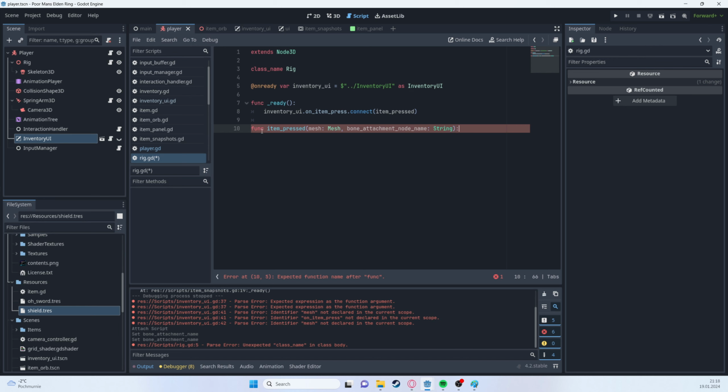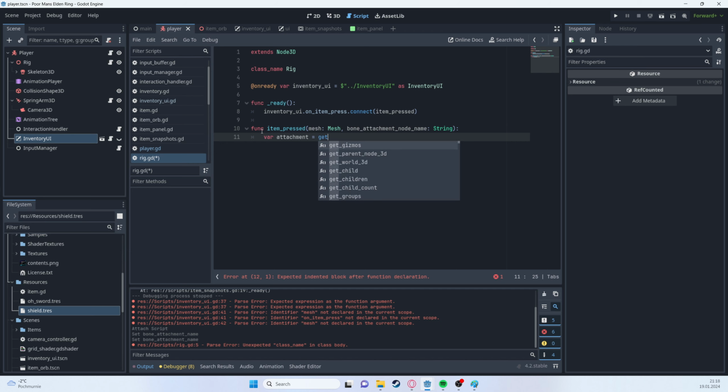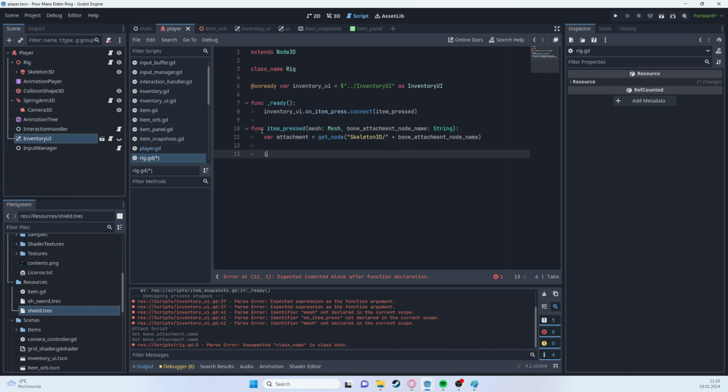And here, given the fact that we know the name of the node, we can grab it dynamically with get node function, and this is going to be skeleton 3D slash, oops, slash should go inside, plus bone attachment node name. If we don't find given,